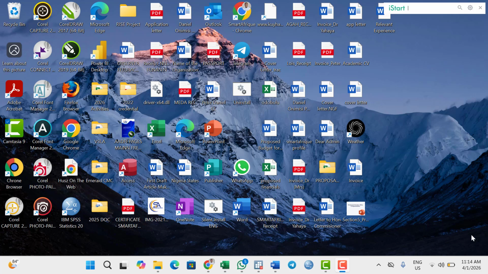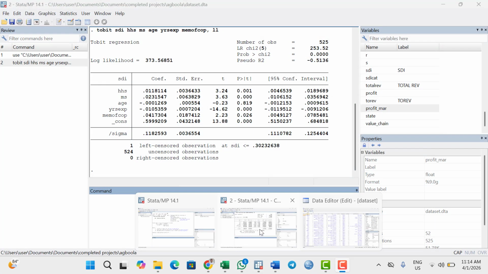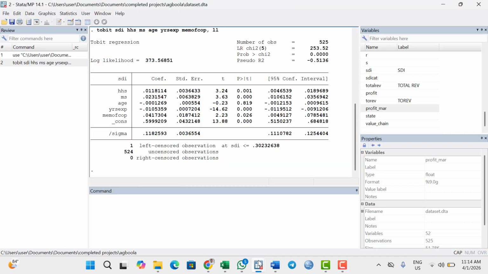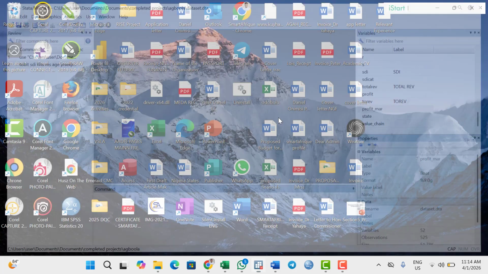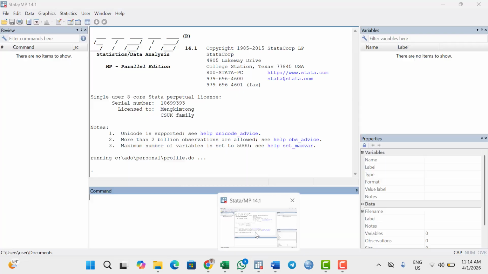In this video I'll show you in simple steps how to run a Tobit regression analysis using Stata. For the purpose of this analysis, I'm using Stata 14 precisely, and just to give a little background,